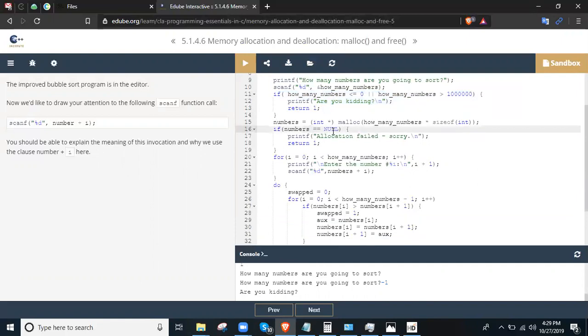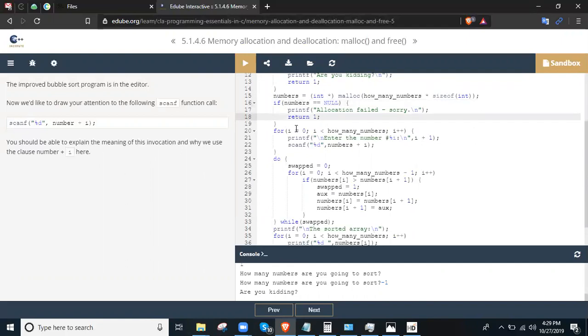If numbers is equal to NULL, then allocation failed, sorry, return 1. So let's have the for loop. This is another loop inside the if else, not NULL, and then the conditional statement numbers equals NULL. So we have the for loop, i equals 0, and then i is less than how many numbers, and then i increment. So we have printf enter number,